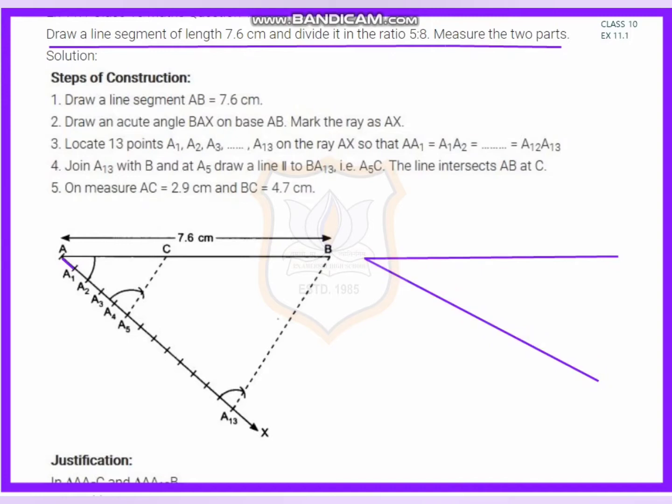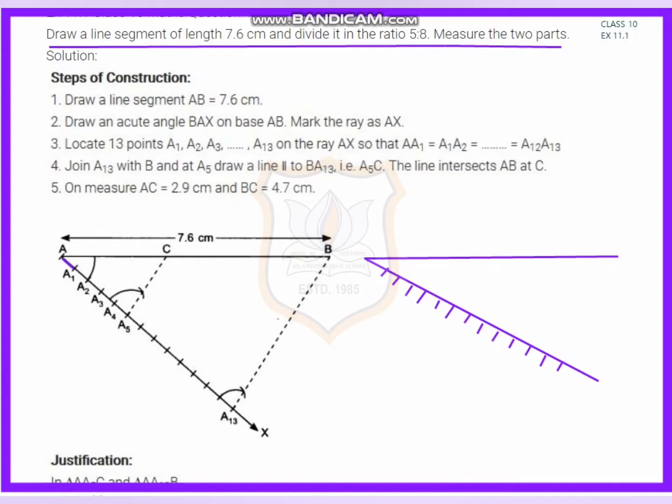First I have to make an arc here. This is the first arc, this is the second arc, this is the third arc. Using arcs I have to make 13 parts. Fourth, fifth, sixth part, seventh part, eighth part, 9, 10, 11, 12, and 13 parts. Using the rounder, first of all we have to make these 13 parts.